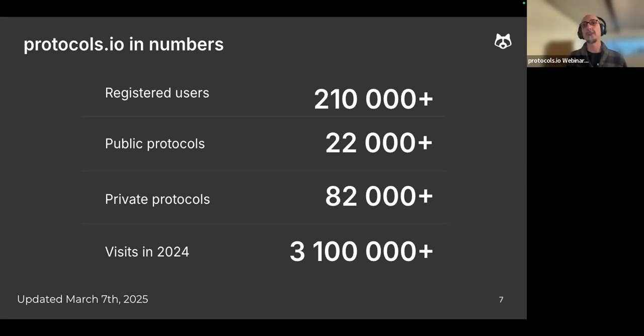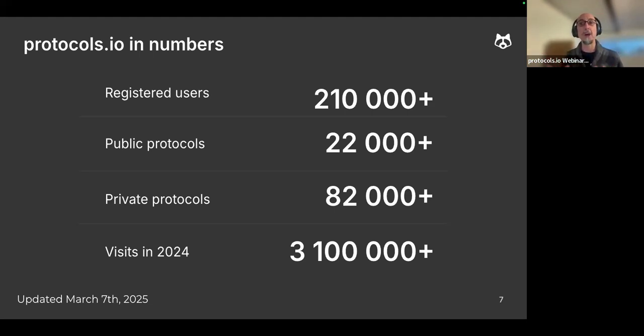Protocols.io was launched in 2014. We currently have over 210,000 registered users who have created and published over 22,000 public protocols and over 82,000 private protocols.